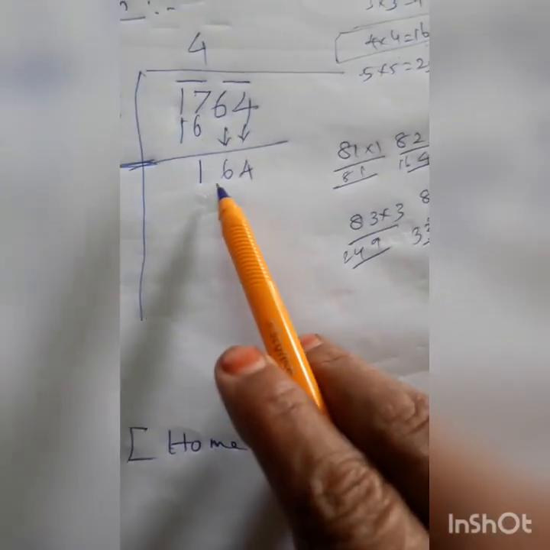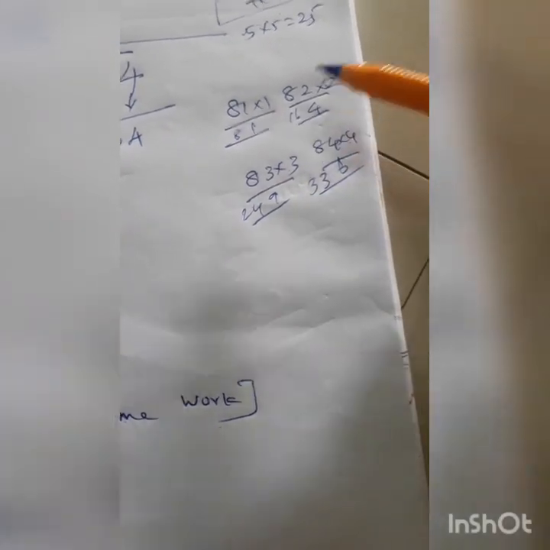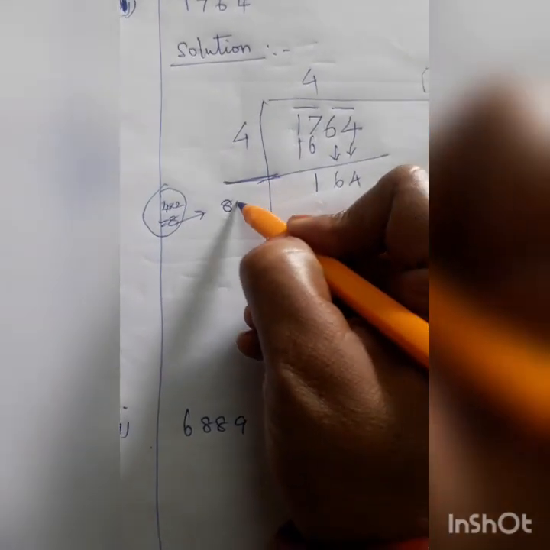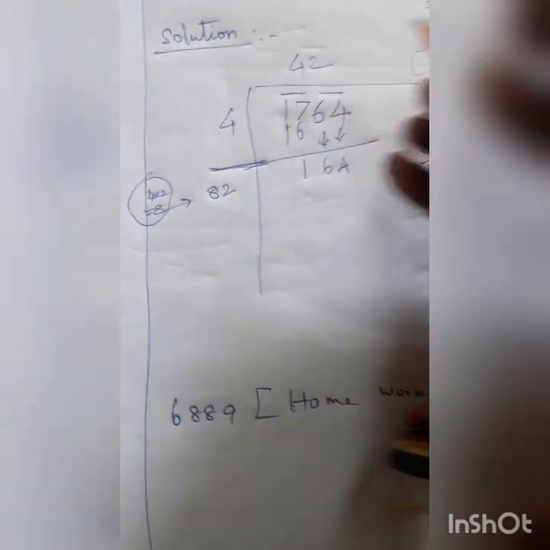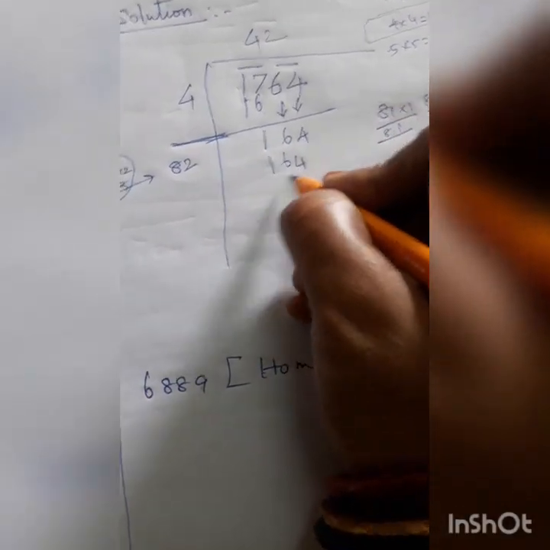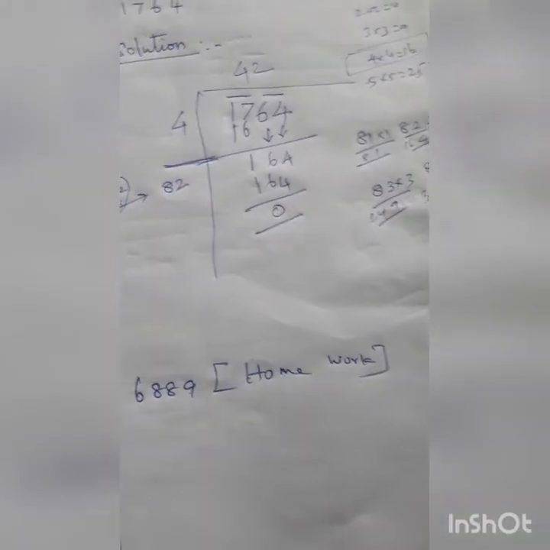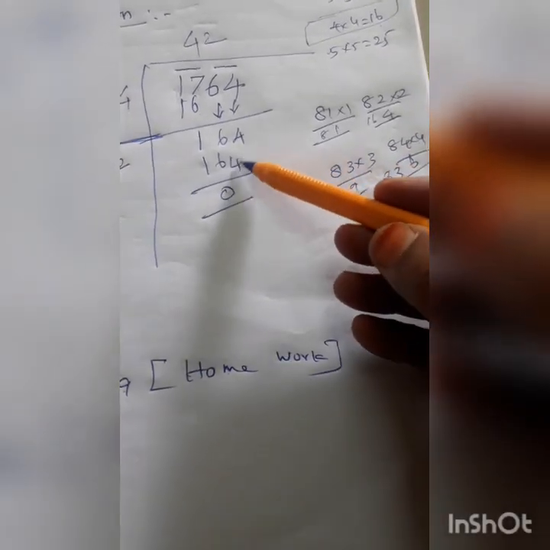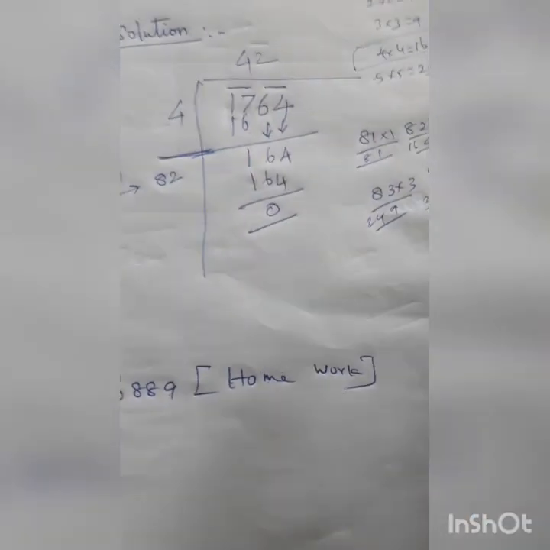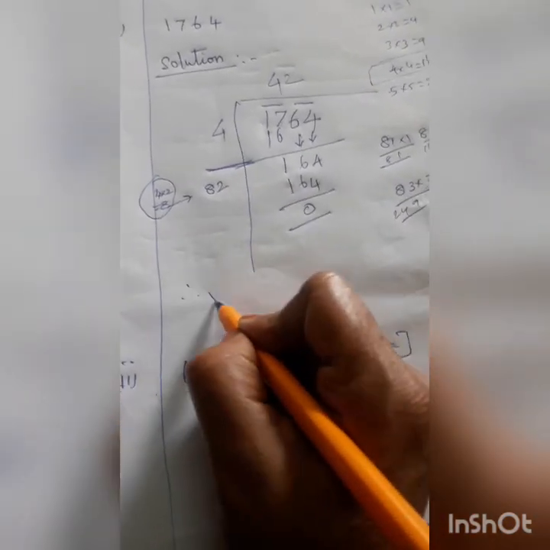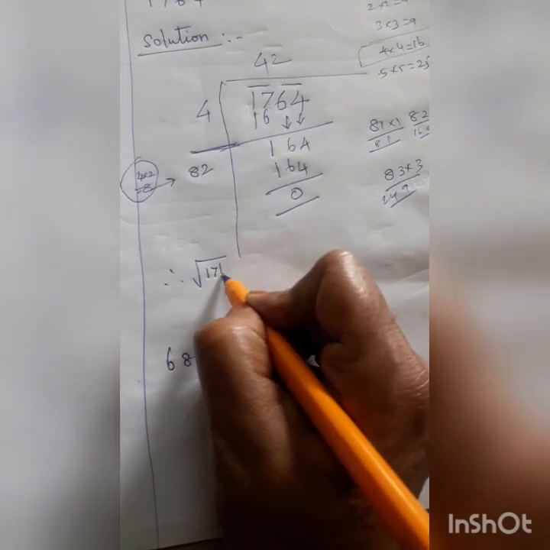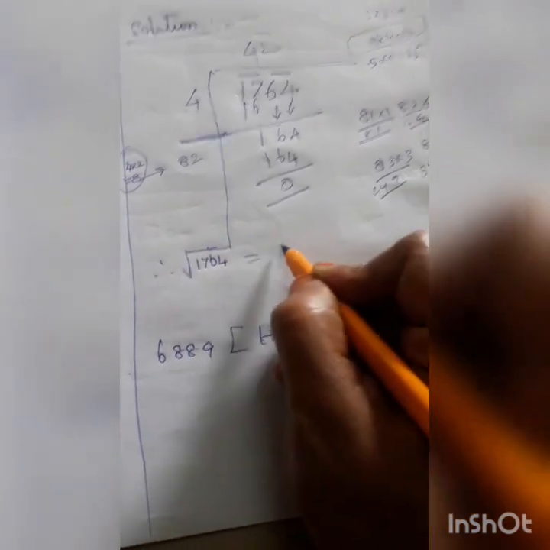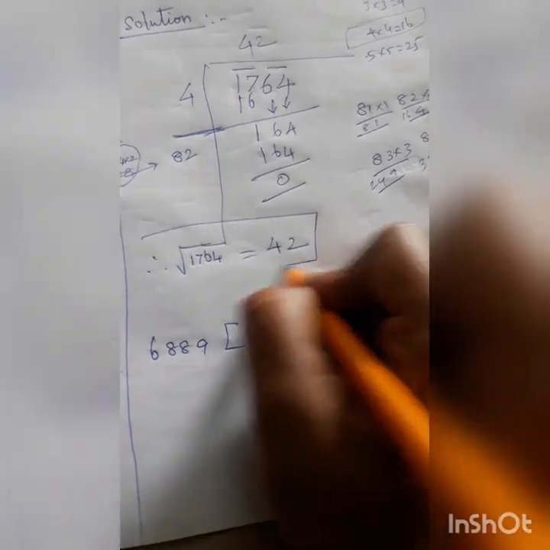Okay, now what is the number here? 164. Having 164 here only. Which two numbers multiplied give the answer? 164: 2 2. So this 8 near 1 2, 4 near write 1 2. The answer is 164. 164 minus 164, answer is 0. Clear? This number and all, now no use. Now 164 is the number only; after that the work is over. Now last step, therefore square root of 1764 is equal to, what is the answer? 42 only. Any doubt about this sum?